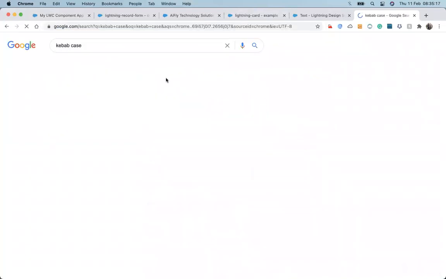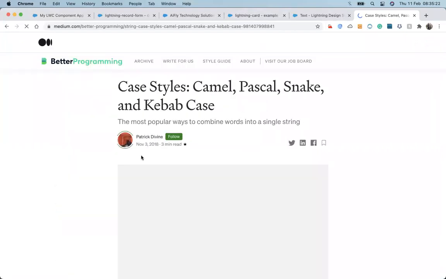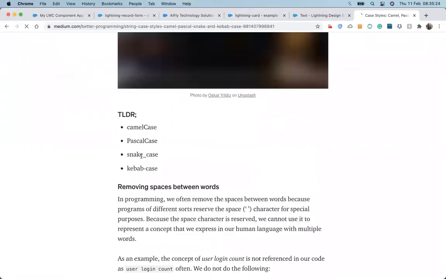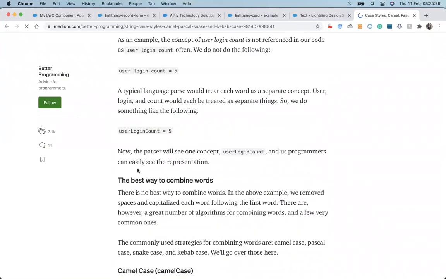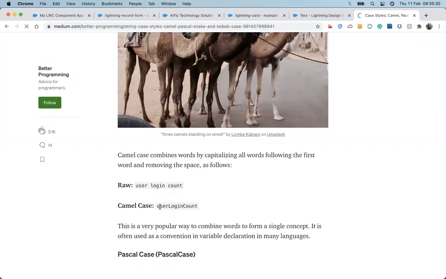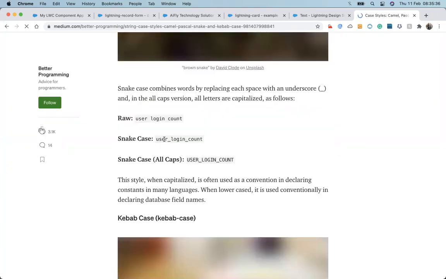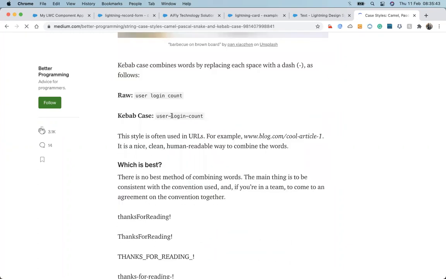Yes, just let me check. Camel case means start with small and then capitals. Pascal case is start with capital, snake case is where every capital letter is replaced with an underscore, and kebab case is where every capital is replaced with a hyphen.